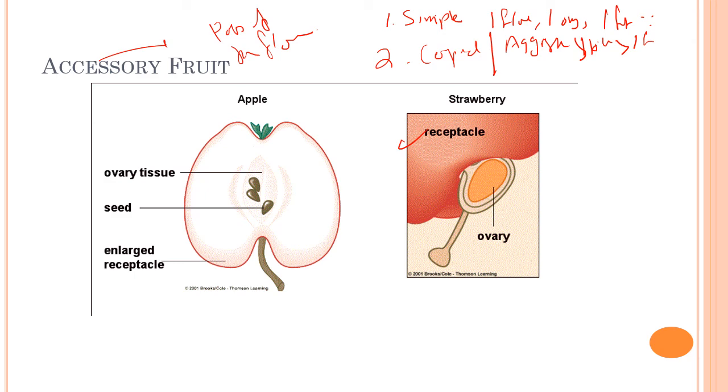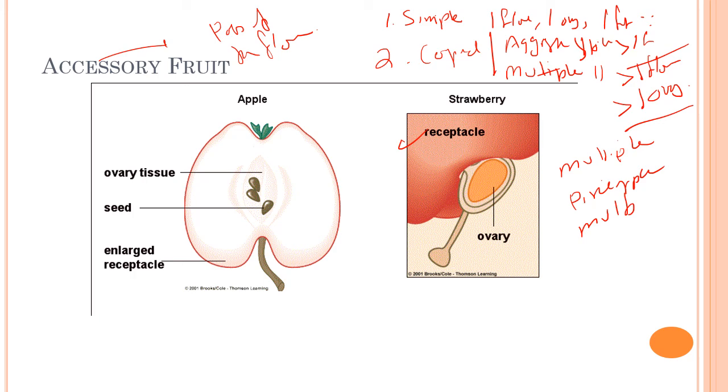And we have also multiple. That means we have more than one flower, more than one ovary, give us multiple fruit, and example of these are many, including pineapple,